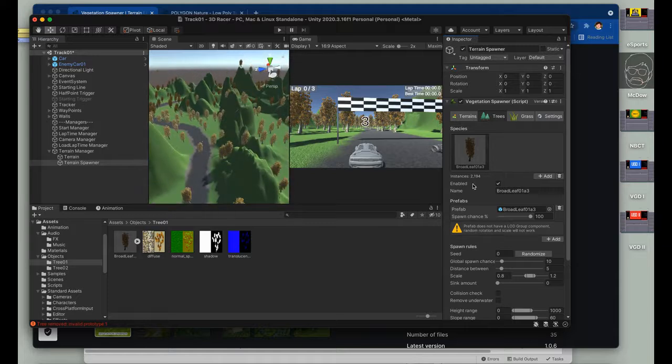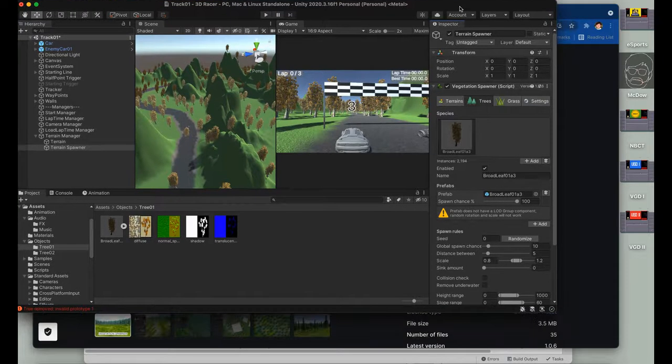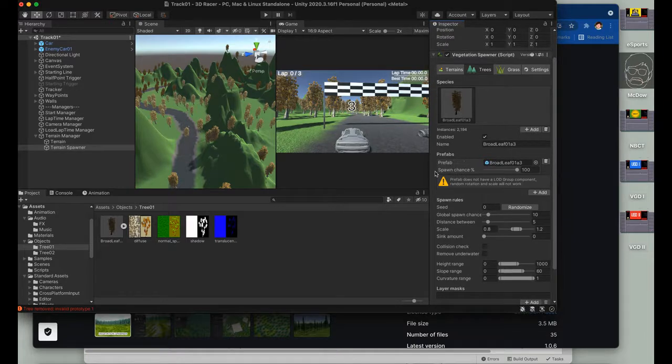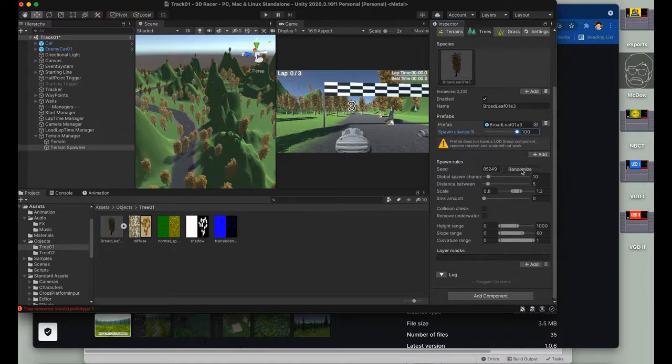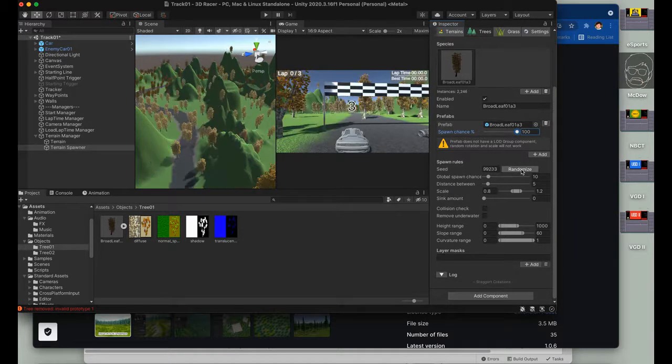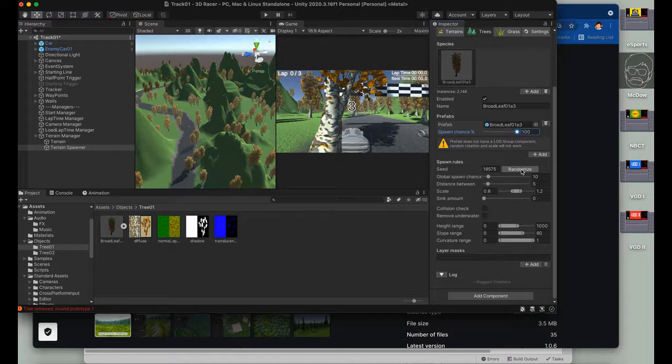which is great. So let's talk about what some of these options are. It gives it a name, and then it sets it as a prefab, and then the spawning chances. So the chances of it spawning in different areas. If I reduce this, you'll see that it reduces just the overall amount that we're going to have here. We can randomize to reset the way the trees are laid out here, and then distance between the trees, and then scaling for